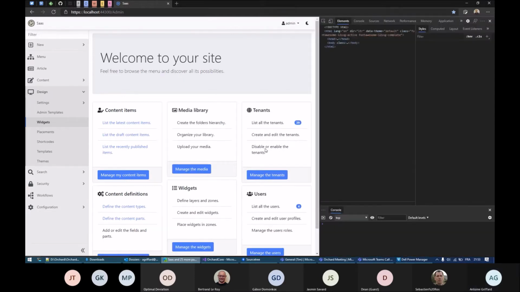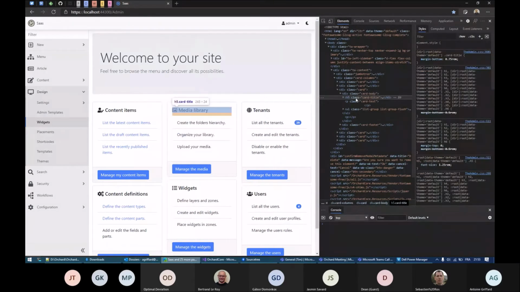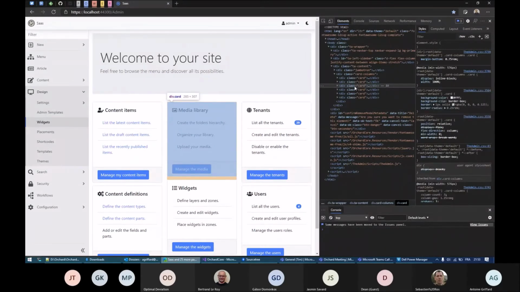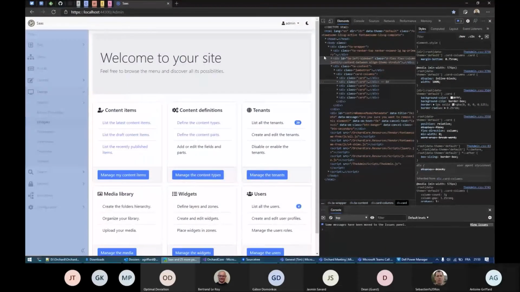Then editing is the same as the widgets view. Yes, exactly, in the widgets admin that you showed. You just click on the edit button and then you go to the content edit. So that's actually widgets, but with this controller here, that's the same thing as the widget. The layers controller is just listing all the widgets for the admin on dashboard and then rendering them in a zone, and that's it.